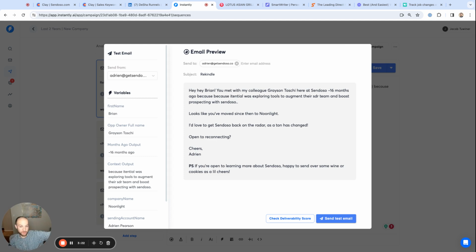And then I checked to see where they were working in one go. And I was even able to use things like the account executive name, how long ago the deal closed or was closed lost, and the context around the deal, what were they interested in, and the new company where he's currently working. All of those personalization data points were added to this email,